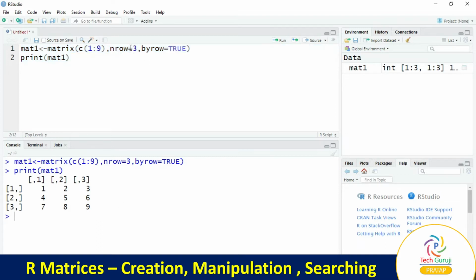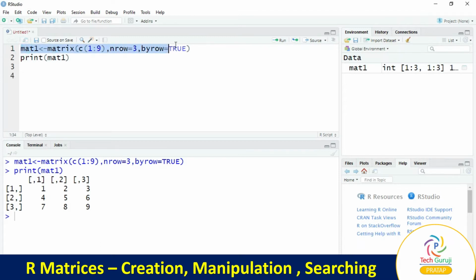So what happened when we create it by row? It will go row by row. First row 1, 2, 3, then 4, 5, 6, 7, 8, 9. Likewise, we'll modify the same code.